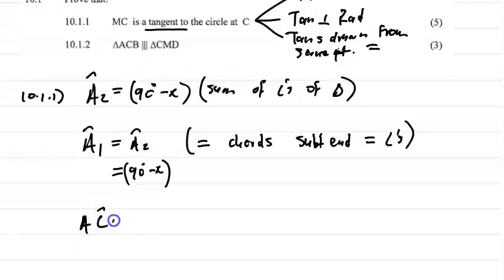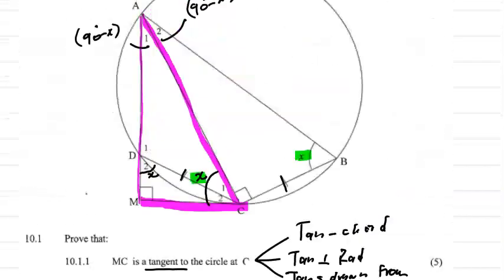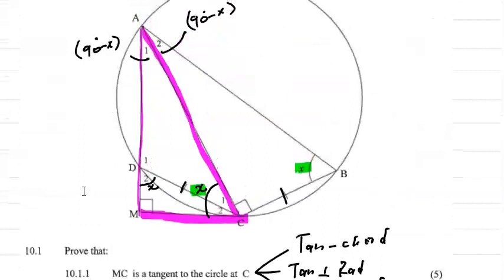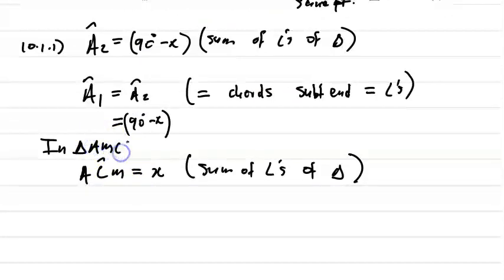Angle ACM is going to equal X, and our reason will be sum of angles of triangle. If you want, here you can write which triangle you are referring to. So you can say in triangle AMC, which we've already highlighted in pink. In triangle AMC,